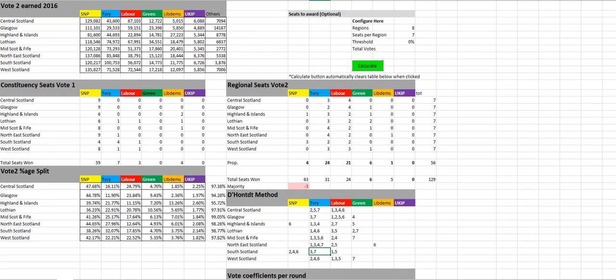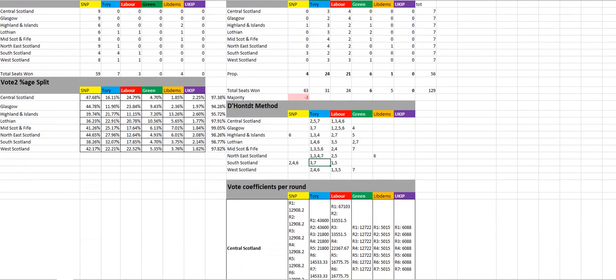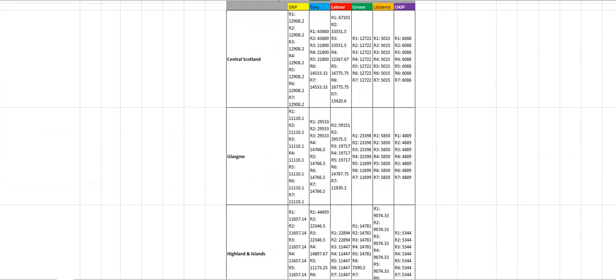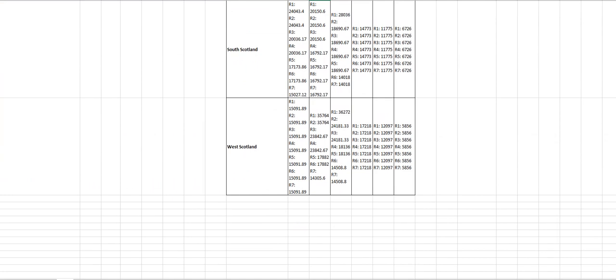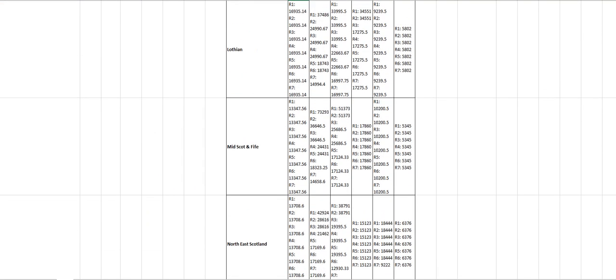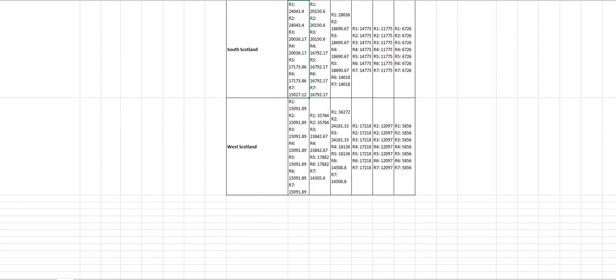So the total of 120,000 votes would have been divided by 5, because they've got 4 plus 1, which is 5. So 5 into 120,000 would come out at, where is it? South of Scotland, 24,000. So that was your starting position, and that would have been applied for all the other parties in the south of Scotland. All right, so starting at round 1,